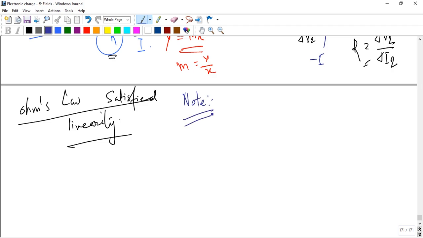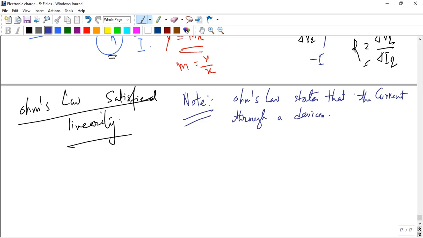So Ohm's law states that the current through a device, and the device here is a resistor, is always directly proportional